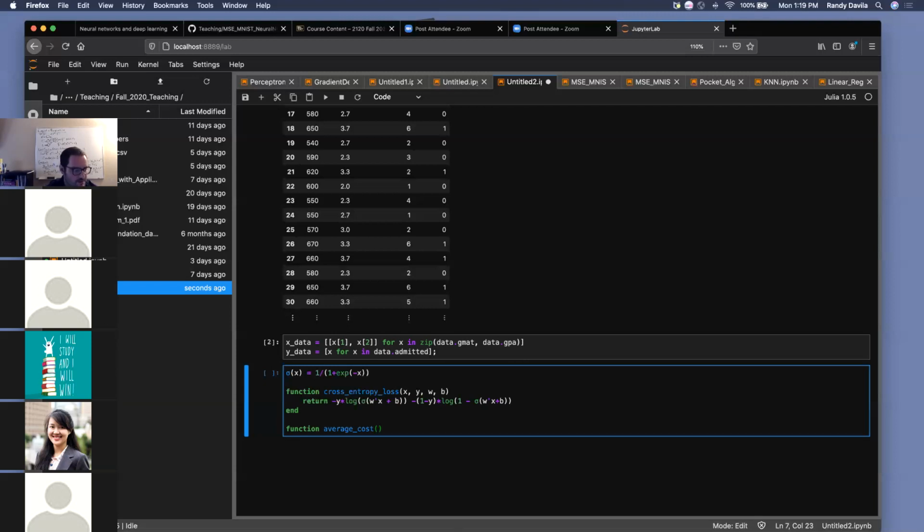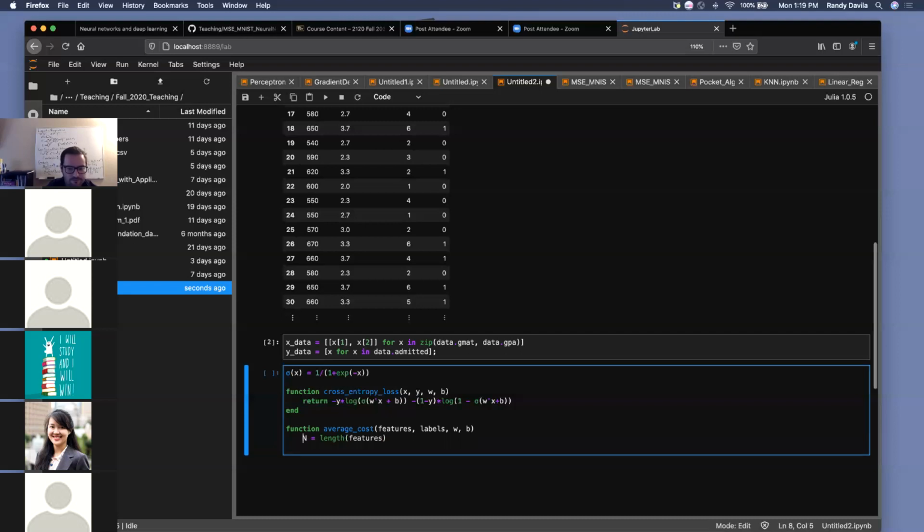So this is going to take in our features, our labels, weights, and biases. And we're going to return, I'll just say n is equal to the length of the features. And then we're going to return 1 divided by n